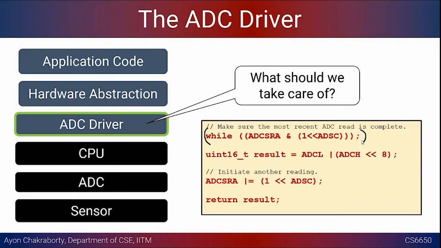Busy waiting. You have heard about busy waiting or polling, right? Have you heard of polling? So you keep on polling on a particular value before it gets freed up, right? So this is completely keeping the CPU busy. If you want to read an ADC value, it keeps on checking that particular bit, and you are blocked. You are not able to do anything. Suppose you might have to do some more processing of your old data, which you are not doing. You are simply waiting in an infinite loop, right?